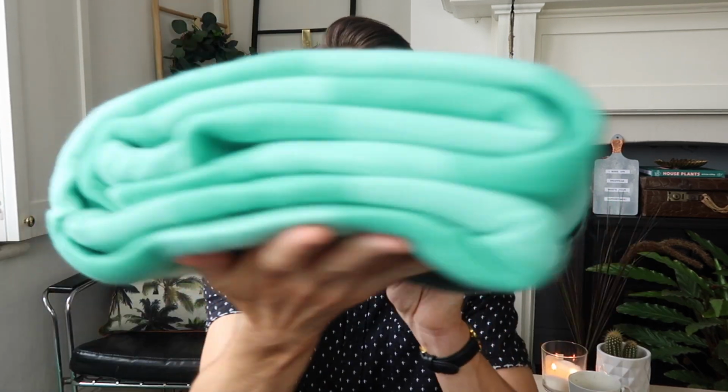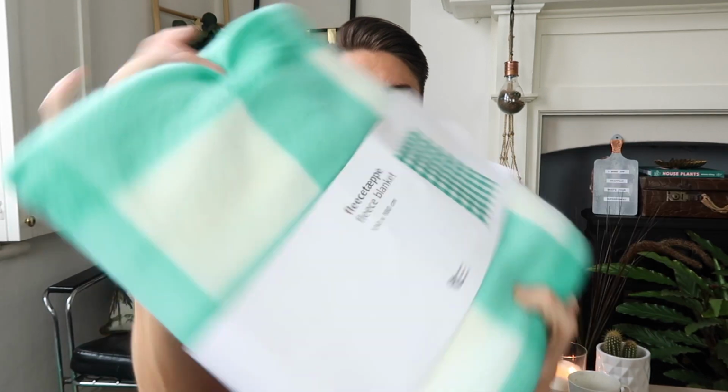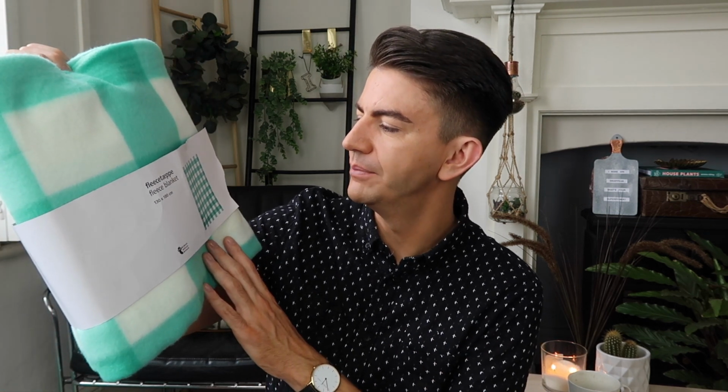So while I was in Tiger, I noticed a table just at the end, just before you get to the tills, that said pink stickers, all £1. So I had a little look around in that sale area and I picked up a few bargains. So I found this throw in there, so this was £1. It's a fleece blanket, sorry. Yeah, so I went for it in this green colour. They also had it in red and black with the same